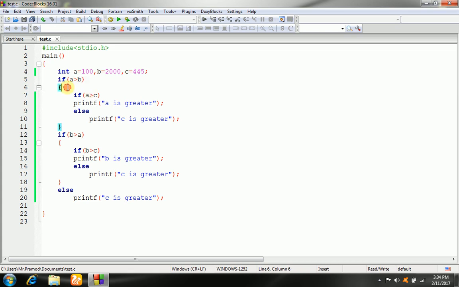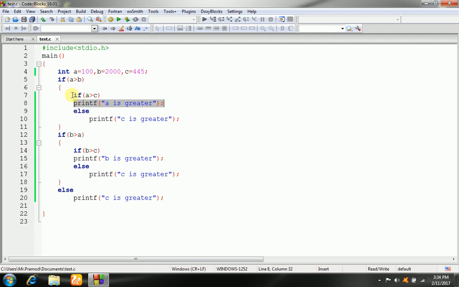Then we write the statement: if A is greater than B, and if this condition is true, we have to compare A with C. If this condition is true, the compiler goes inside the block of the if statement, and again we check another condition, A is greater than C. If this condition is true, then this will be printed: A is greater.